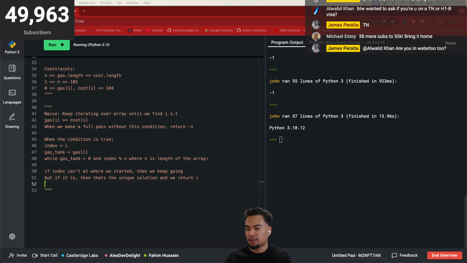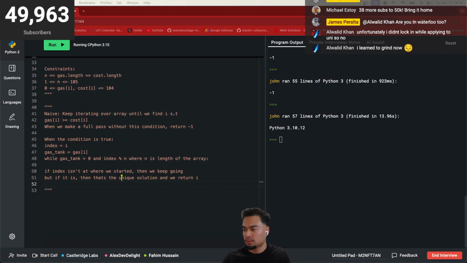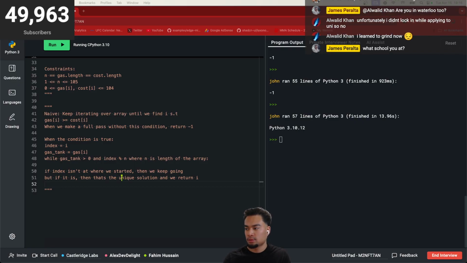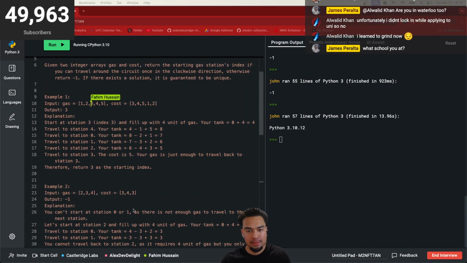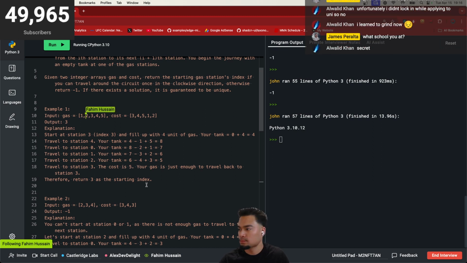Is there any faster way? There probably is a faster than n squared way. Yeah, right now it's n squared. I'm noticing there's probably some sort of pattern in the way we, because just to walk you through an example, if you go to example 1, then there's probably some reused logic where if you know that you can make the trip from station 1 to station 2,